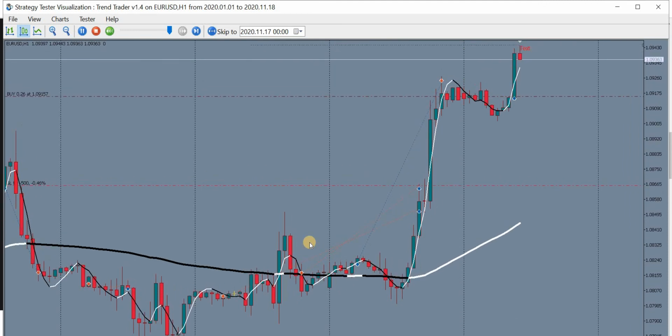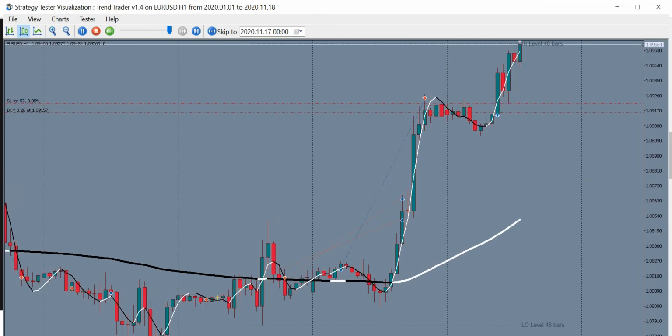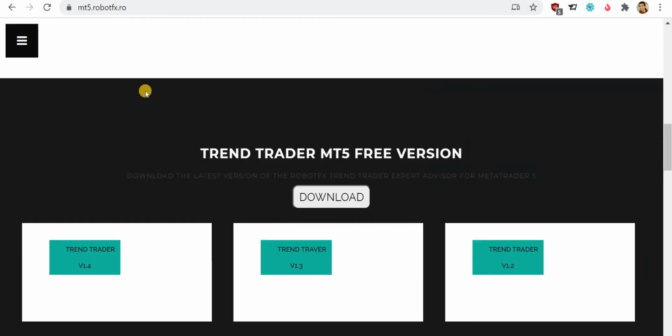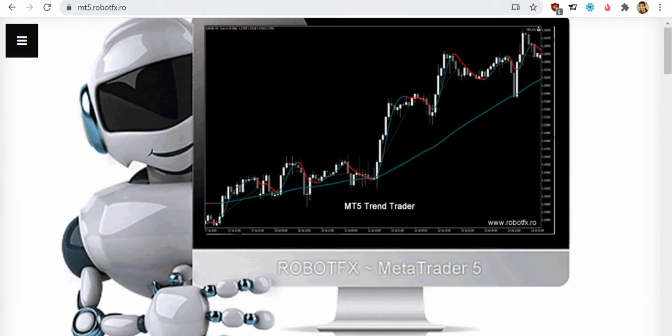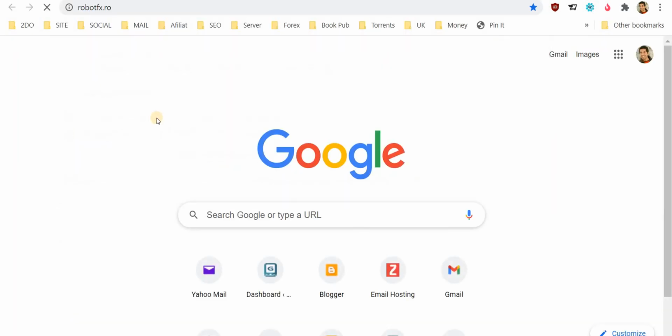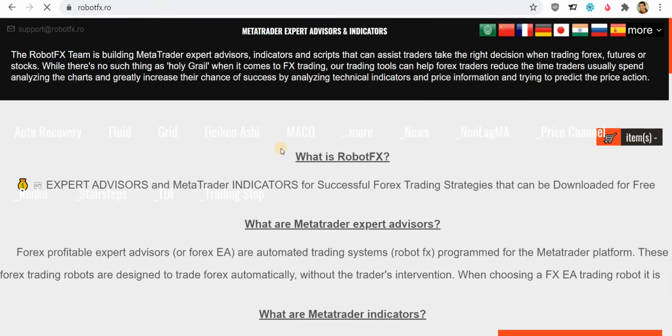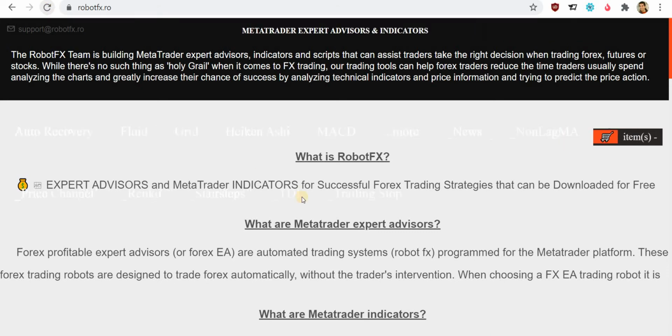By the way, this is our Metatrader 5 expert advisor. We have only one for Metatrader 5. We try to make it all in one. But if you are looking for Metatrader 4 expert advisors for something similar,